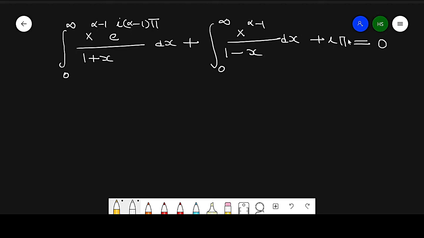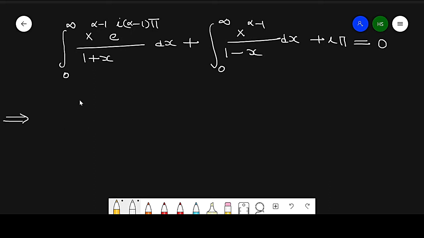So in this way we find these values. This value can be written in this kind. Now from this, equating real and imaginary parts, we get the real part is equal to 0. So from this, just see the calculation at this place. So it may be alpha minus 1, yes, right. Now this can be written as this value.